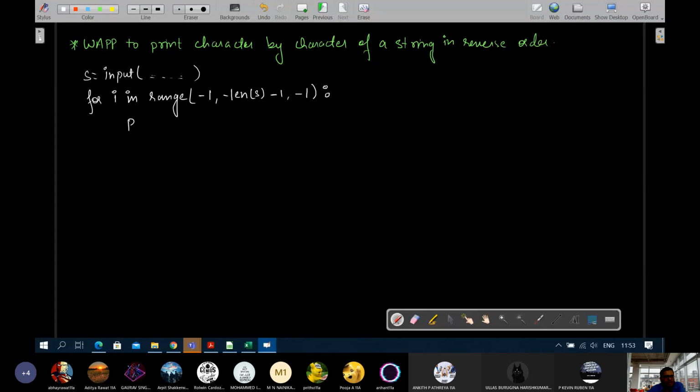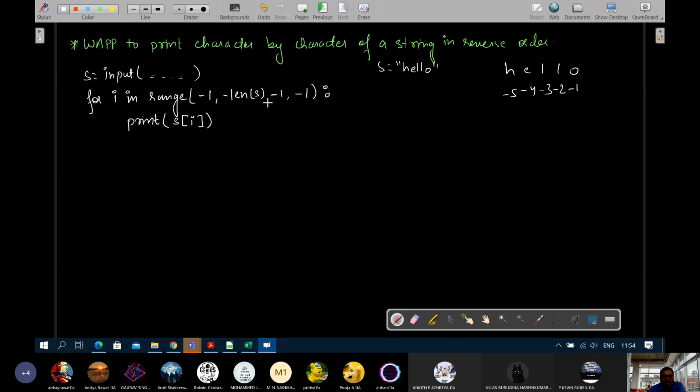Print S of I. First, this will generate a list of integers. Let's say S is equal to hello. If we do negative indexing, that is from right to left, this is -1, -2, -3, -4 and -5.